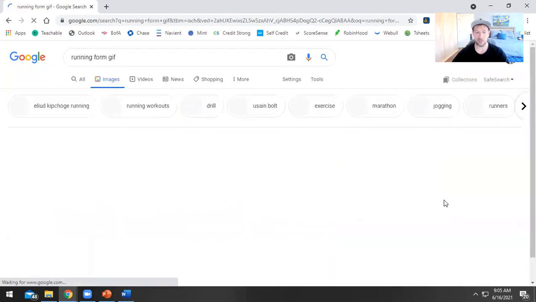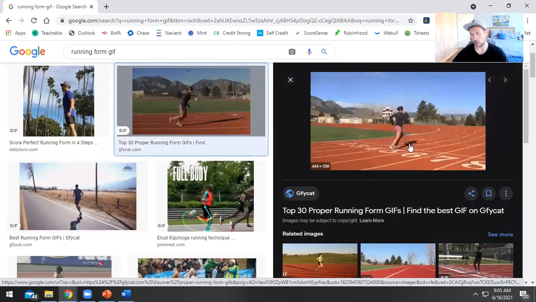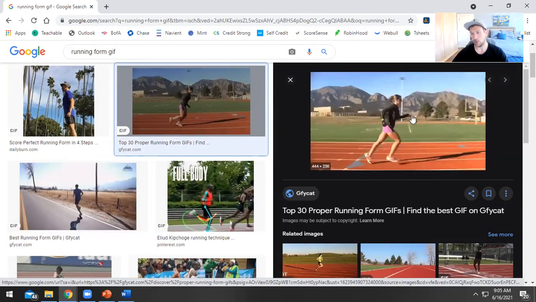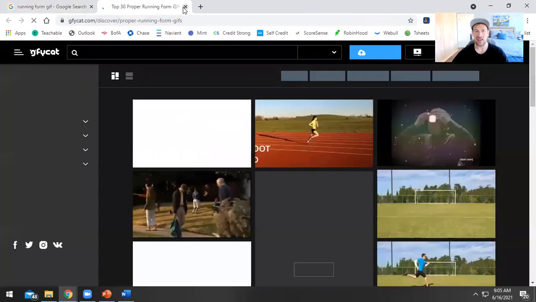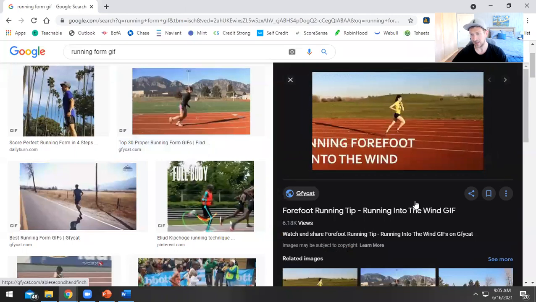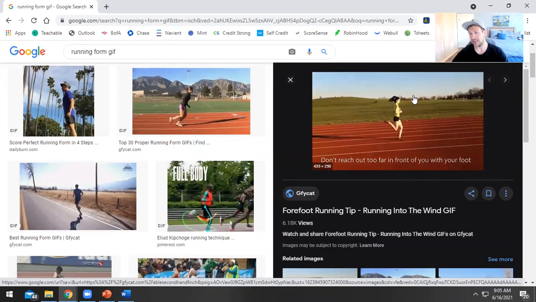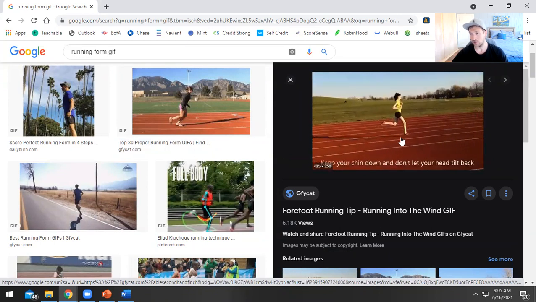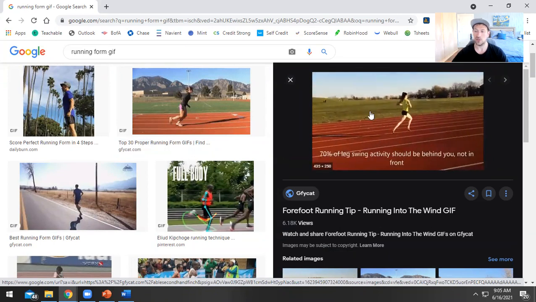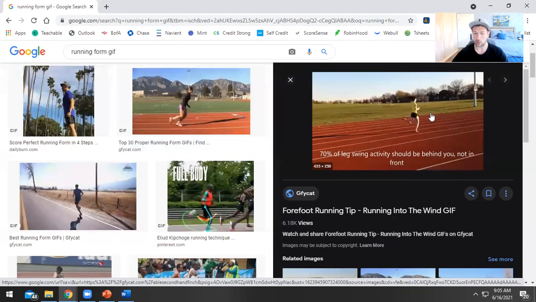Running is actually more of a springing action. You want to have an ever so slight lean forward. This is a really good example of what we want to see in a run. It is a jumping action. You are jumping from leg to leg to leg. And so it actually looks something more like this, where there's a slight lean, and instead of jumping straight upright, you're jumping at an angle, a little bit more forward.